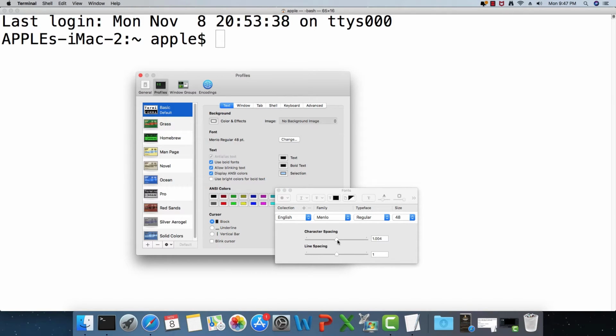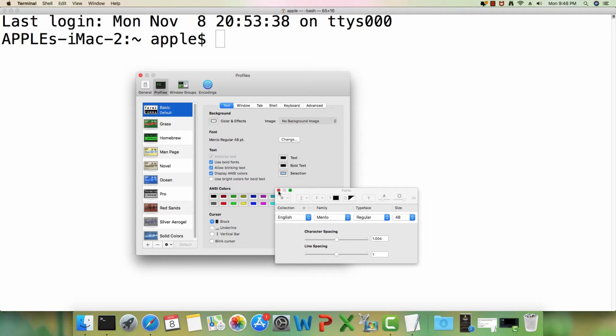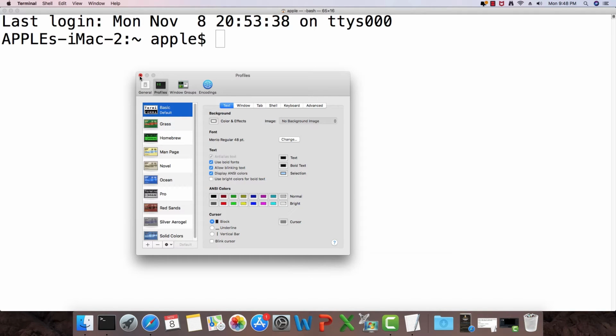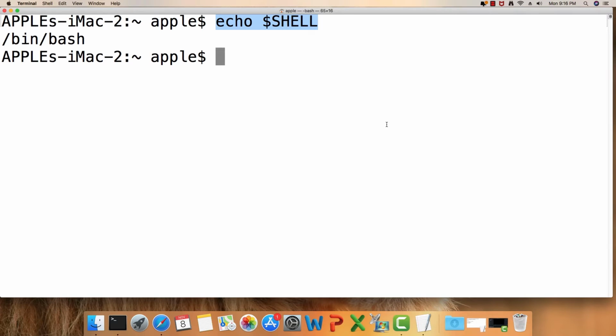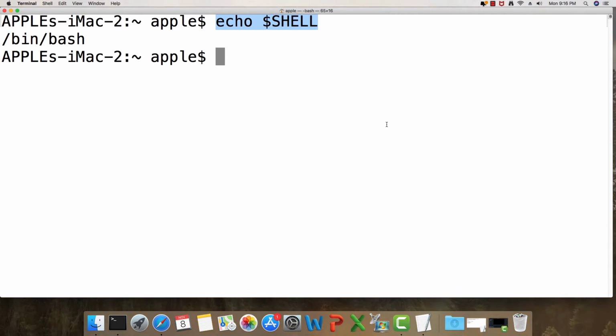We can even change the character spacing, and the line spacing, but I'm going to keep it as it is. I really do not want to disturb anything which is working. You can even choose the family of the font as well as how it should appear: italic, bold, bold italic, or regular. I'm not going to change anything because everything is perfect for my eyesight. So I'm just going to close it, and close this window. So this is all about the command prompt and shell and terminal in the Mac OS. Now let us see in the list what is next.